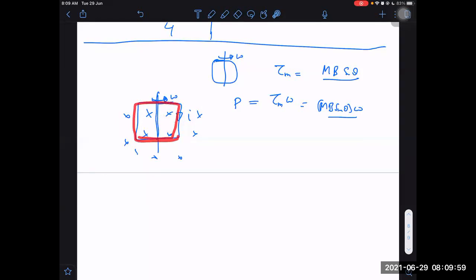Now let us say I don't want the current to change. If I don't want the current to change, then I may have to apply some variable battery which just opposes the induced EMF in such a way that the induced EMF is not able to make any change.